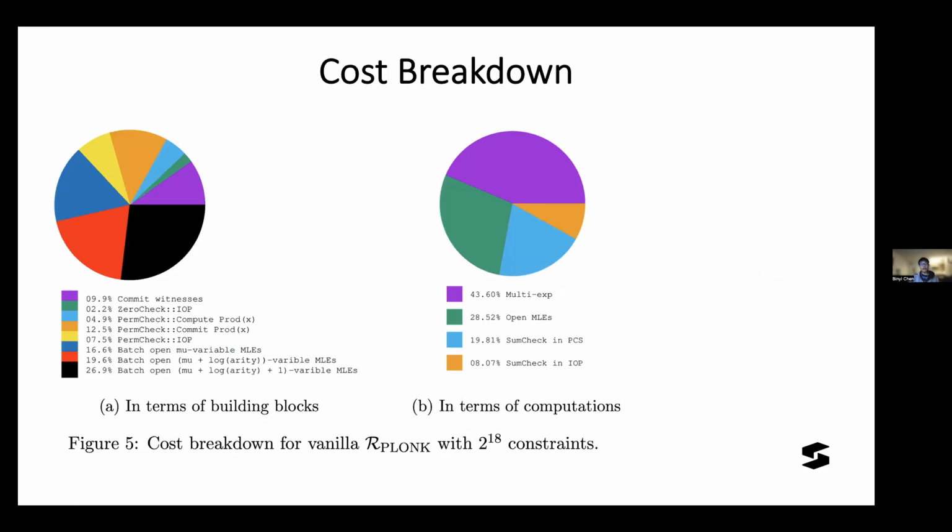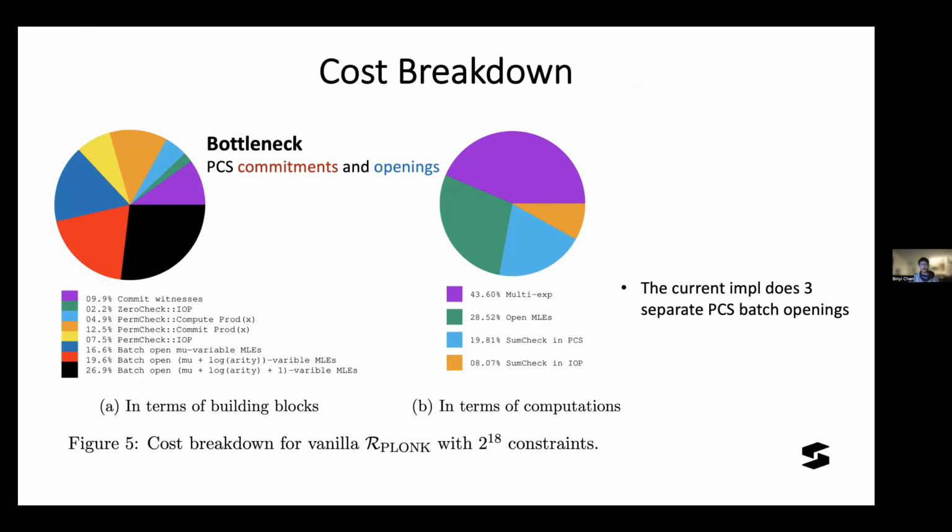Okay, so I still want to say that there is still plenty of space for implementation optimization. In particular, we see that the bottleneck of our HyperPlonk implementation is the commitment part, the PCS part. The commitment to the PCS and the evaluation opening of the PCS account for most of the time for the prover. Currently, we do 3 separate PCS batch evaluations, which is actually not ideal